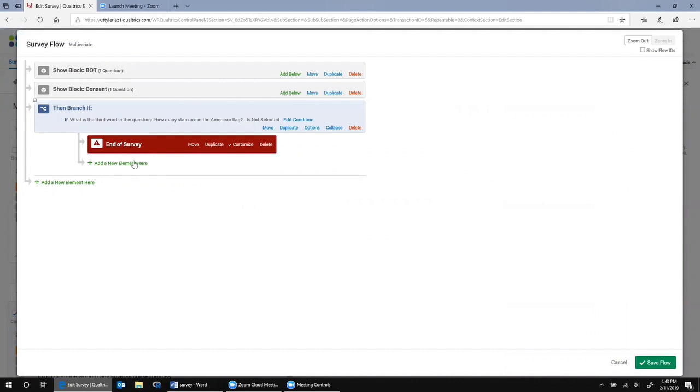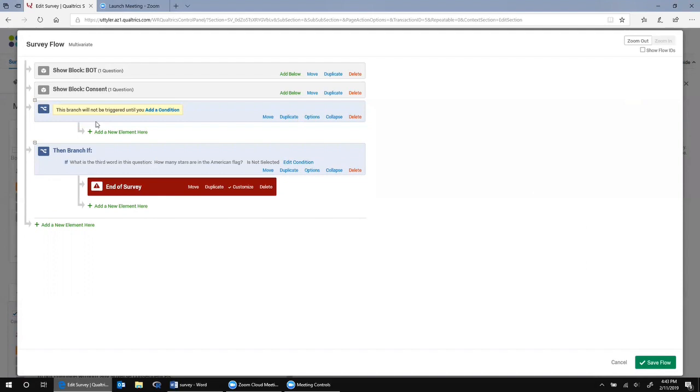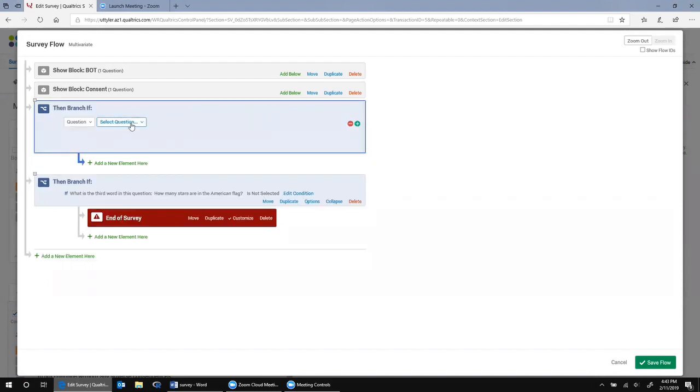This can get really confusing if you have a lot of this branching, because now that branch, I can't tell by the arrows and whatnot which one it goes to. So that's why I like to name everything so that I don't get confused. So here we go for the second time. Add below. Branch. Add a condition. It's a question. It's the second question. If they do not select yes,